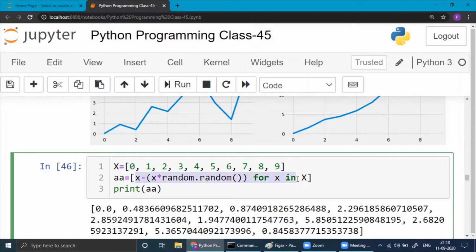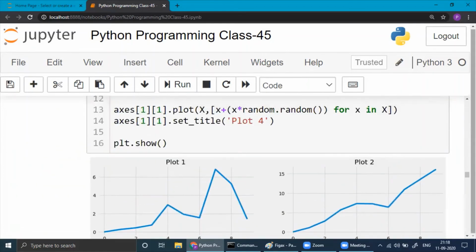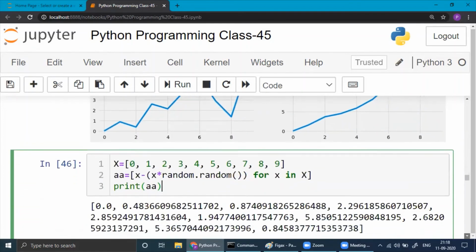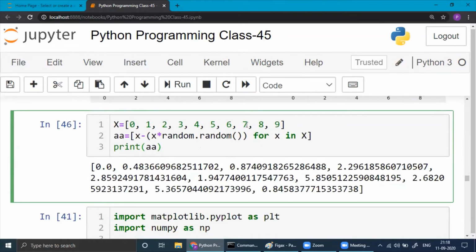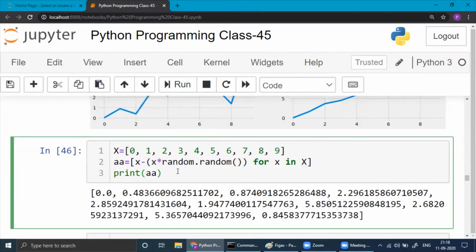So whatever number you get, that will be here. So if you have selected 0, you will get 0 obviously. If you take the first one 1, then you will get this one because 1 minus this number. Similarly, if you have 7, then 7 minus 7 into random.rand, whatever way randomly you get here, you multiply with x. Then for x in X, you subtract, you will get that way all these numbers.